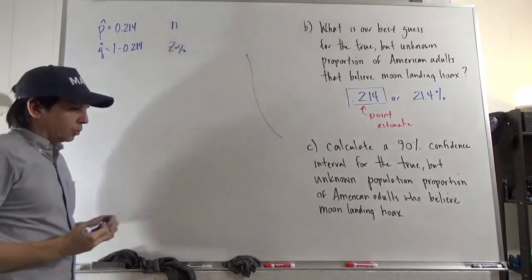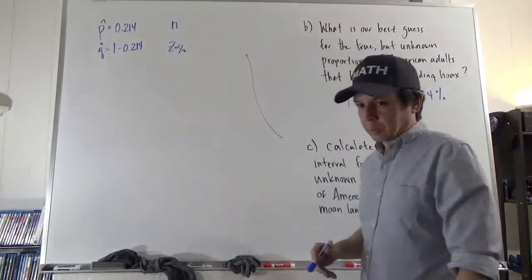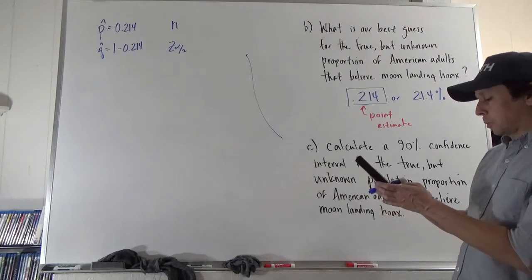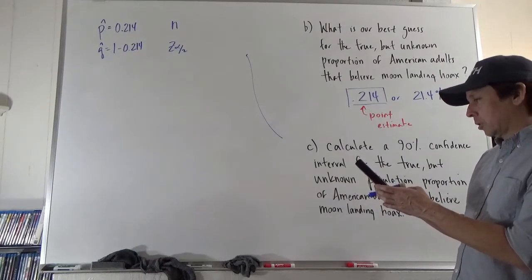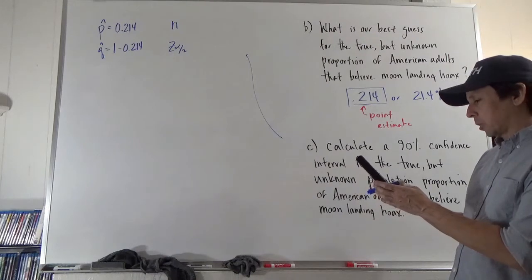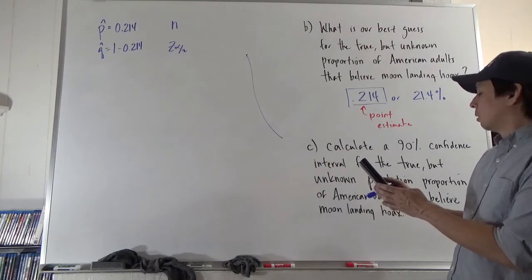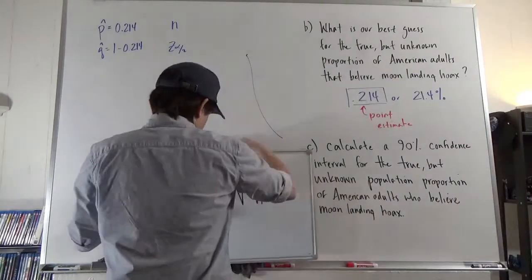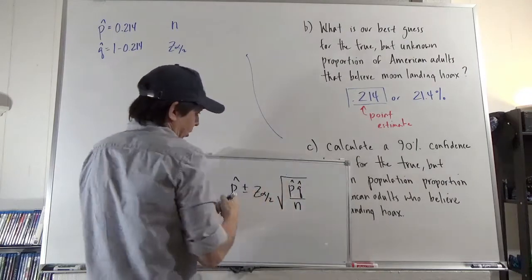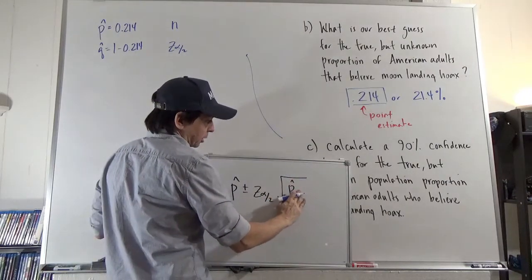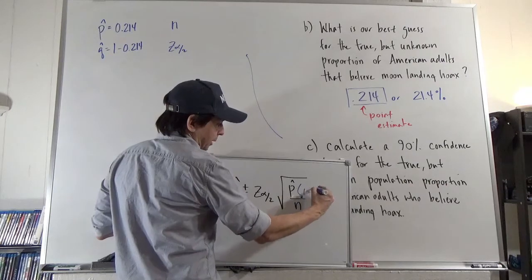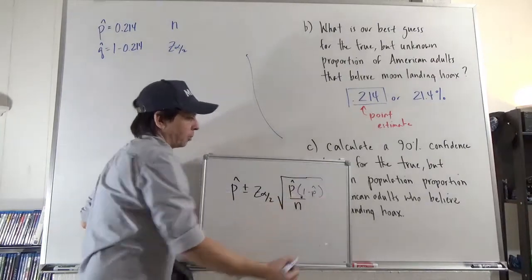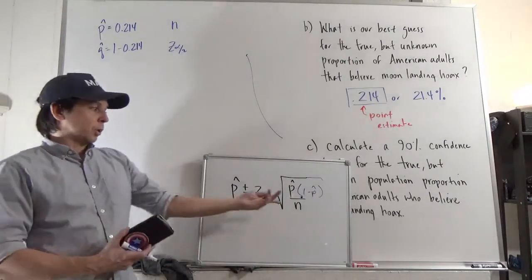Whenever you have a q hat and a p hat, they're related by their complements. It's a proportion that don't believe the moon landing is a hoax, but they just use it for convenience rather than writing 1 minus p hat in your formulas. I will mention that some of them do, by the way. In case you take another course, Psych 5 especially, instead of q hat, they literally write 1 minus p hat. It's equivalent. But they don't incorporate a q hat into the formula. They just put a 1 minus p hat there. But that's what we are calling q hat,